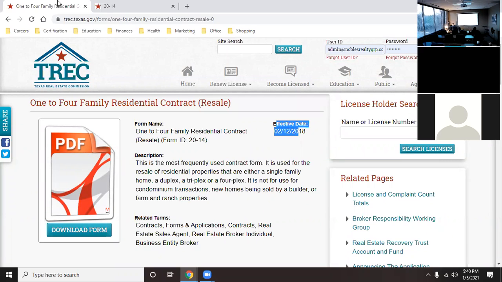So what do you do if you've got to have a form? Now, that's the thing. If you are working for a broker, your broker pays for a platform, a software program that keeps these forms up to date, okay? But there are some mom and pop brokerages, a one-man show or one-woman show, and they don't have the funds to utilize, say, zip forms or another type like doc loop or something to that nature. Well, if they don't have it, they may say, we just pull all our stuff off of here, okay? That can be problematic, okay?